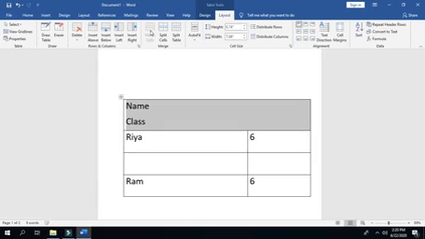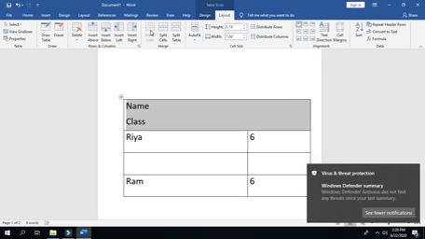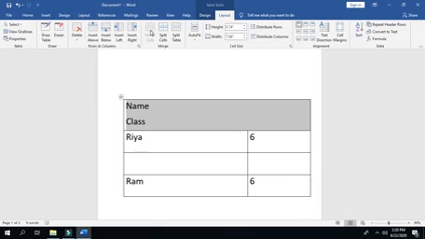Next is splitting cells in a table. Split feature is the reverse of merge feature. Split means it will divide one box into two or more boxes. So to divide one box into two or more boxes, we will click inside that box. Then we will click on Layout tab. Here is the Split Cells option.